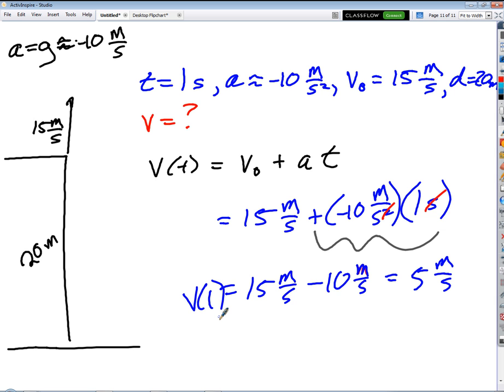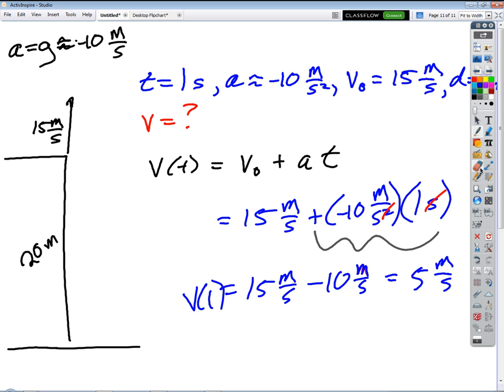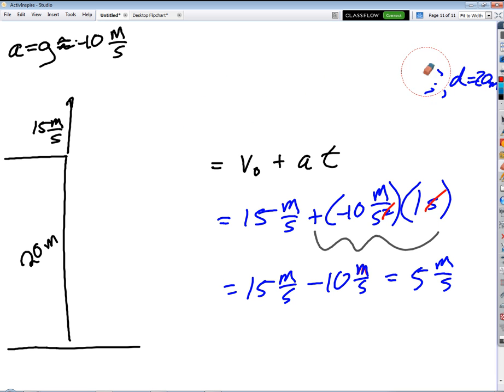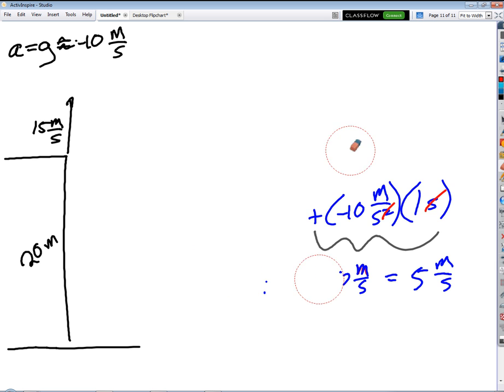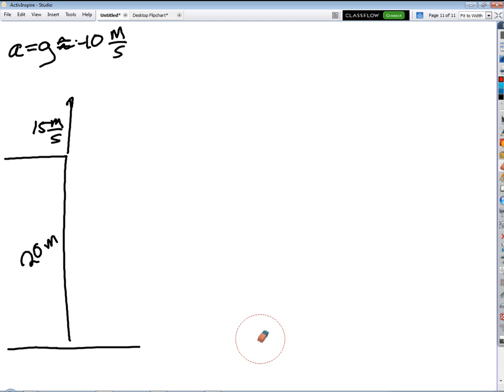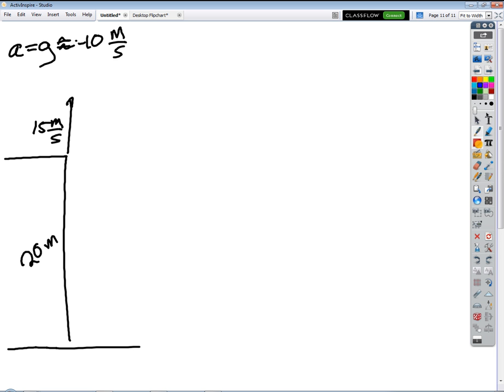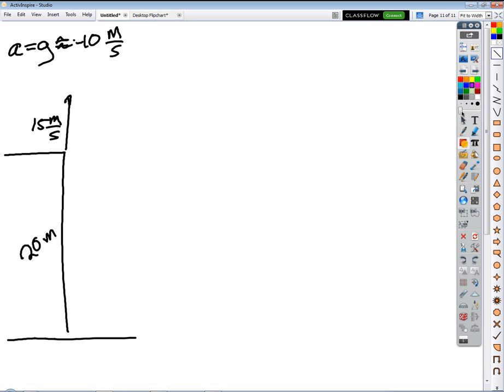So you kind of see the purpose of these kinematics equations. They help us find the kinematic quantities at the time of the event we're interested in, right? Okay, let me give you another one. Let's take this same situation and let's change it slightly. So, can I erase all this stuff? I want the picture to be almost the same. Okay, only this time I'm going to say, instead of this,